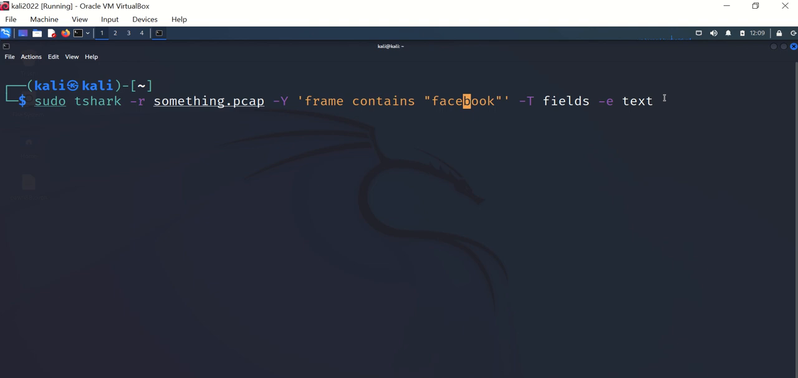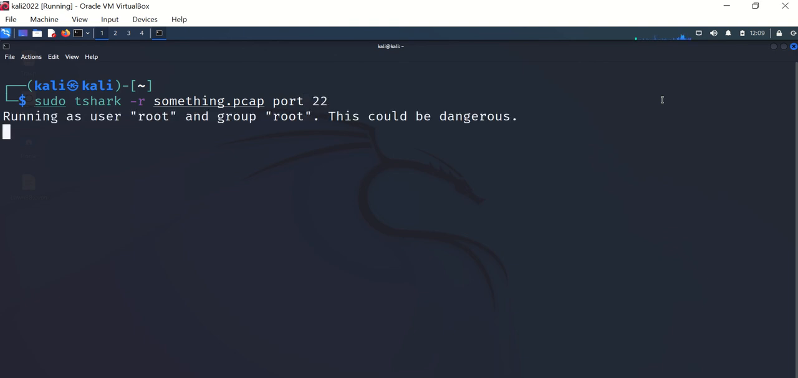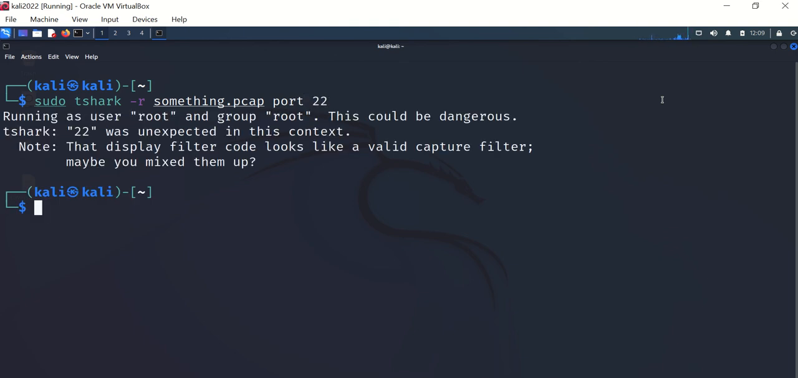And also, as I mentioned earlier, you can listen on a specific port number. Again, we're reading it from this PCAP file. All you do is port, I know 22, and it's actually looking for 22. It didn't find it. Unexpected context. Okay, so